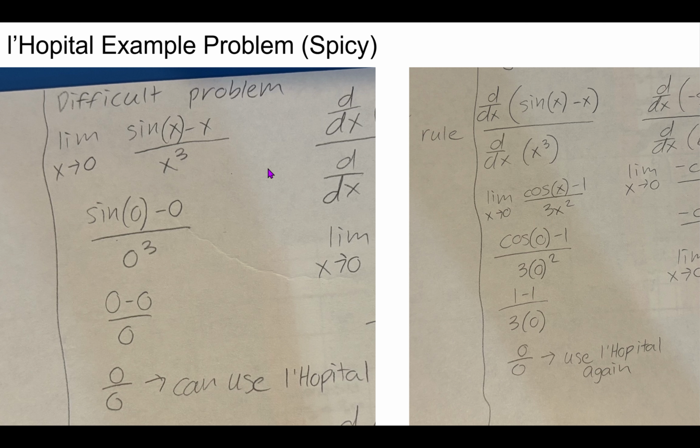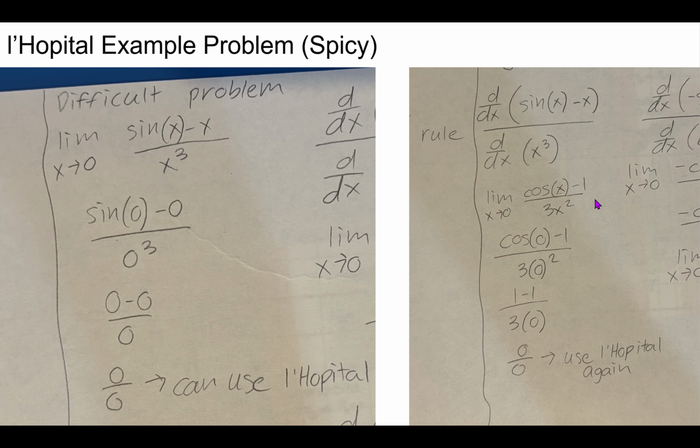So similar to last problem, the first instinct would be to plug in 0 and look for an answer. So we plug in 0 here, here, and here, and after arithmetic, that gives us the indeterminate form. So similar to last problem, we can use L'Hopital's rule here. So we take the derivative of the top, sine x minus x, and the derivative of the bottom, x to the third. So then our new equation is the limit as x reaches 0, cosine x minus 1 divided by